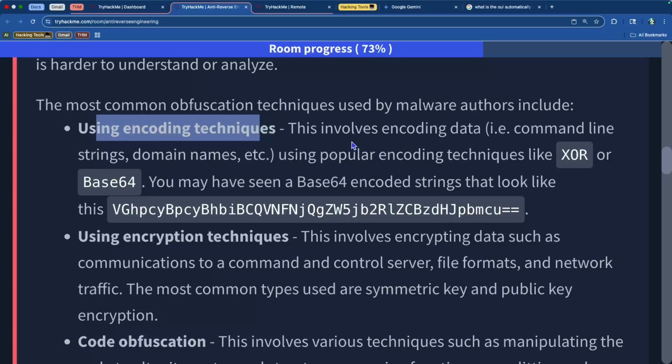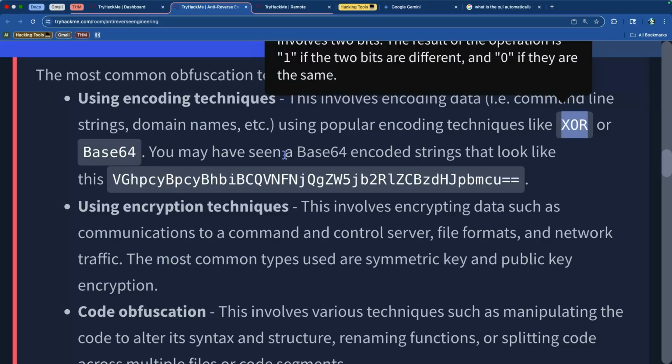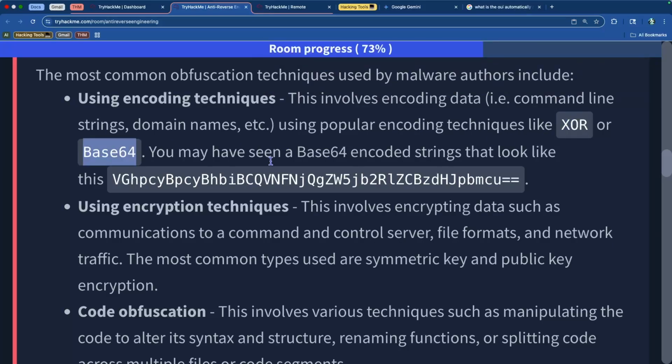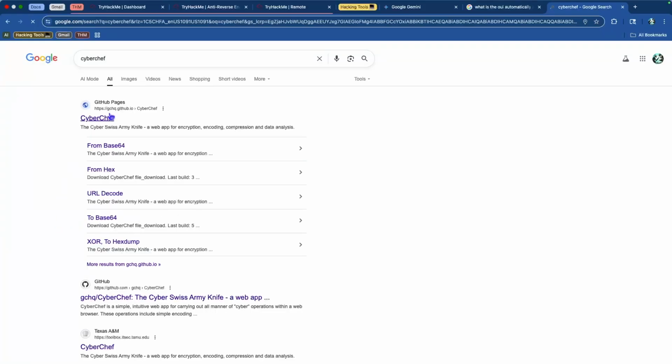So command line strings or domain names is encoded using popular encoding techniques like XOR or base64. And when you see something like this, right, that's basically a base64 string. So let's see what this actually means by going to our favorite tool, which is CyberChef, and then basically you